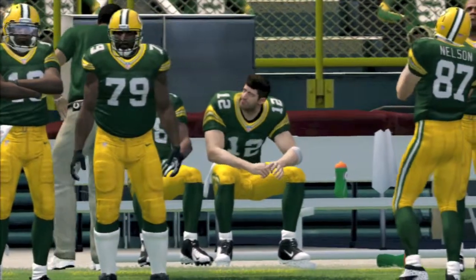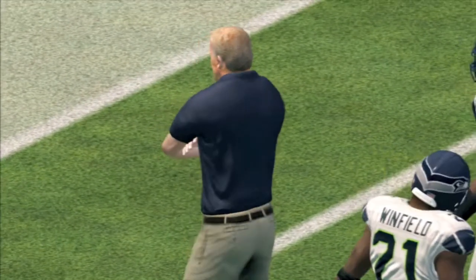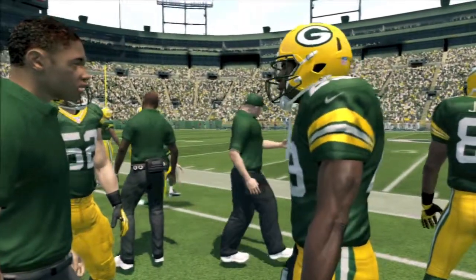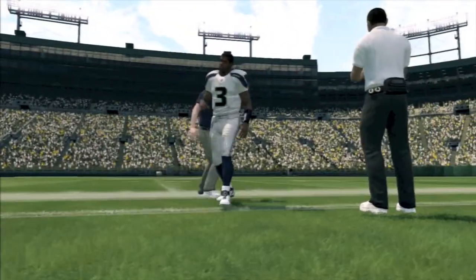I think the player models look better. I think the players interact with each other a lot better than they did in the last game. You can even tell here that the mouths of Jim Nantz and Phil Simms move a lot more realistically than last year's game. And so you'll see here the different player models and how they're starting to look more